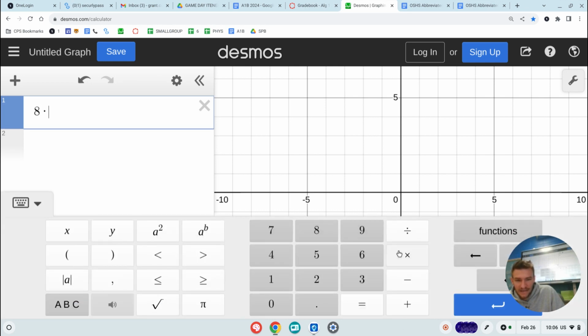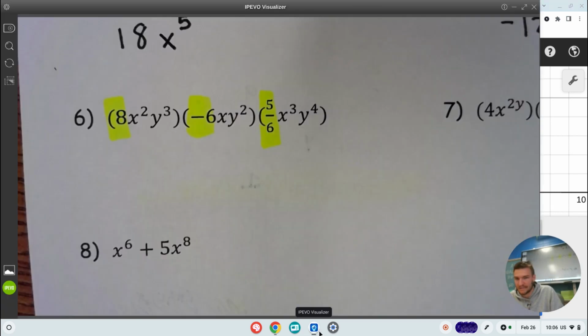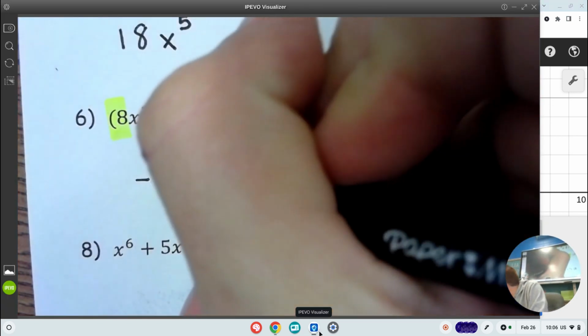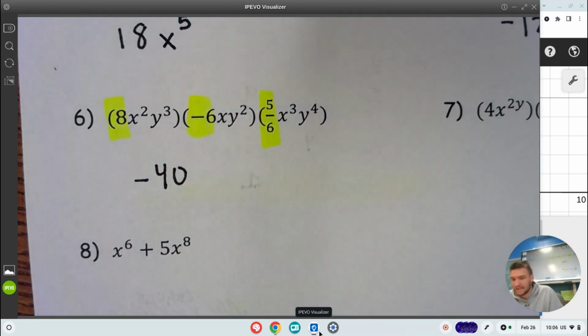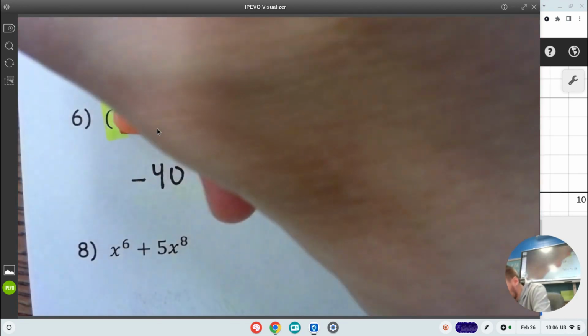8 times negative 6 times 5 divided by 6. Negative 40, right? Just moving slowly, using Desmos. Negative 40. Is that somebody knocking on the door? I can't tell. Then if we think about the x terms, we have